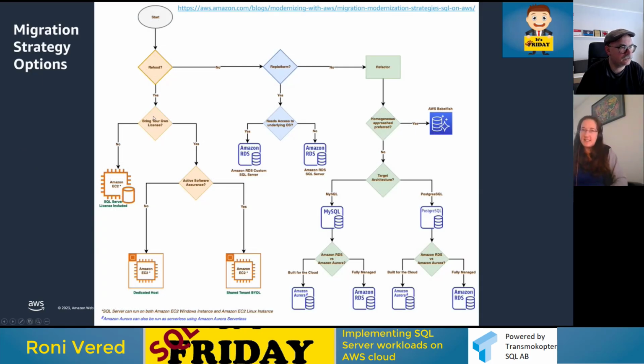So this is, I think, a nice flow chart that sometimes we use with customers, and I gave here the reference for the blog where it comes from. We talked to the customer about the three options of free hosting, self-managed SQL on EC2, or replatforming,